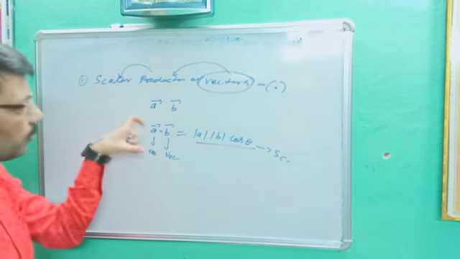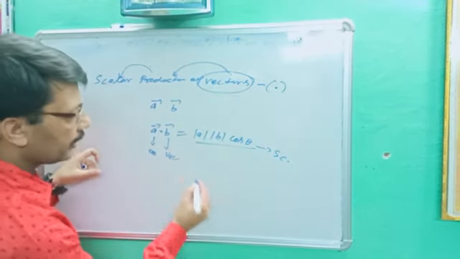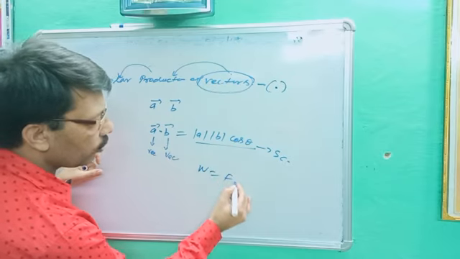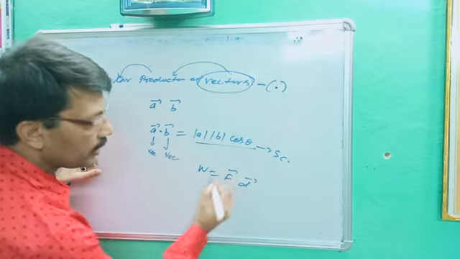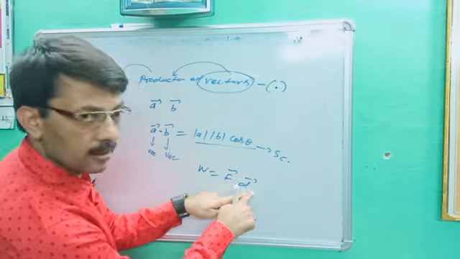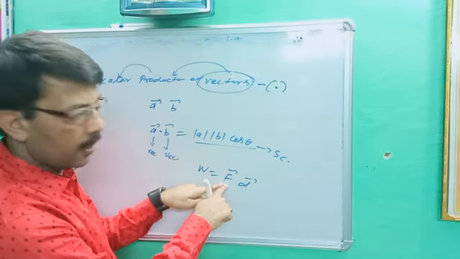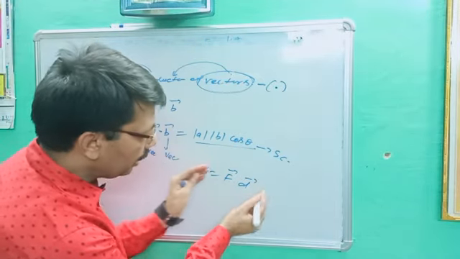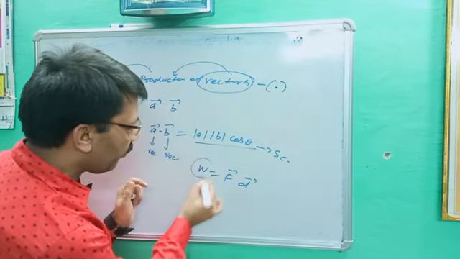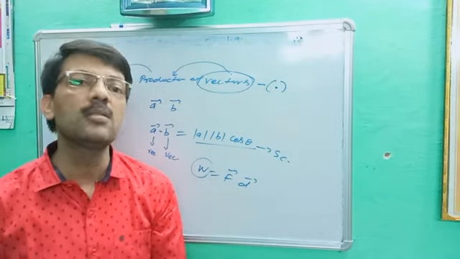Okay, and its formula we signify as, like, we put the example: work is equal to force into displacement. You better know in 9th level, force dot d. Force is a vector quantity, displacement is a vector quantity. If we multiply force and displacement, we will get work, and you better know work is a scalar quantity. This is the best example.